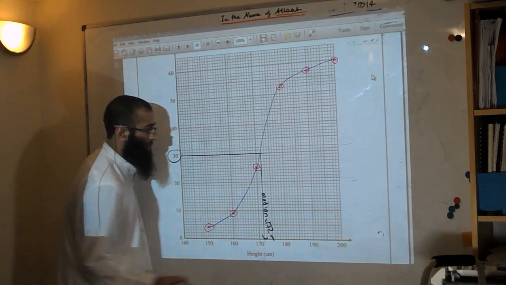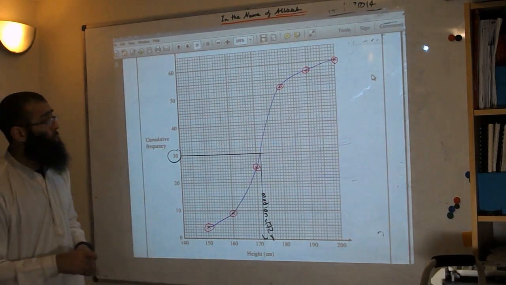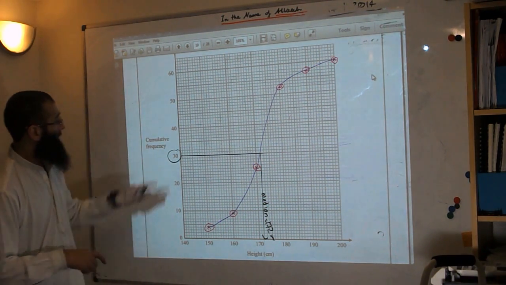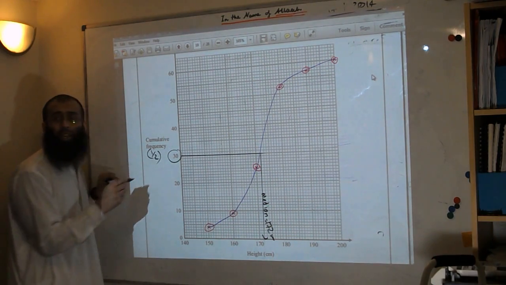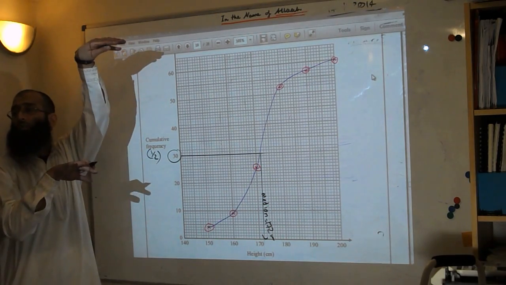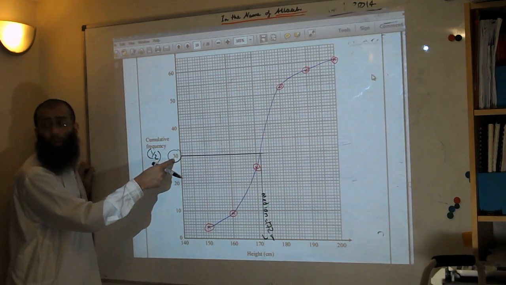Centimeters. Okay, what's the next question, Ramiz? Interquartile range. Interquartile range, Umar, is to do with what? This is the middle value. This is the halfway. So the interquartile value is to do with the quarter value and the three-quarter value. Yeah. So if this is the halfway, if I want to look at the quarter of a way, what's the